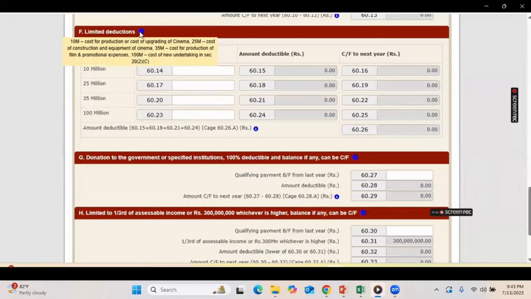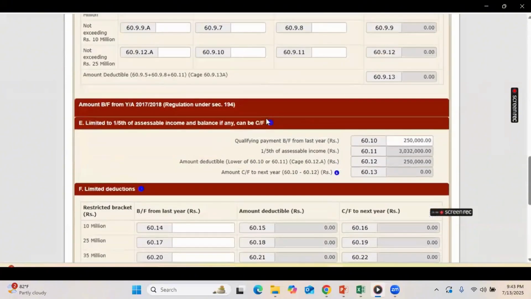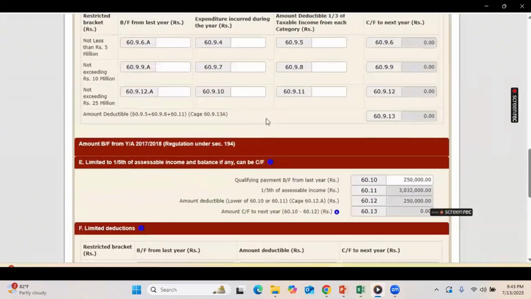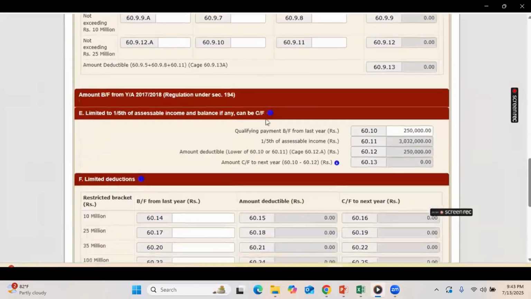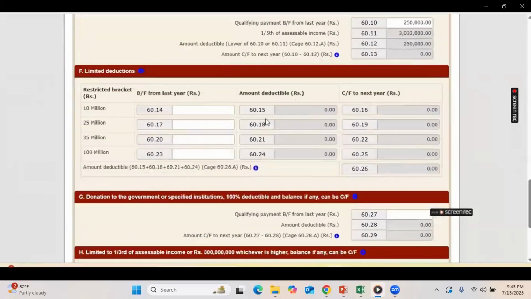That means the qualifying payment from the previous act, right? So in order to comply with that law, the IRB has to design the returns with room for that kind of